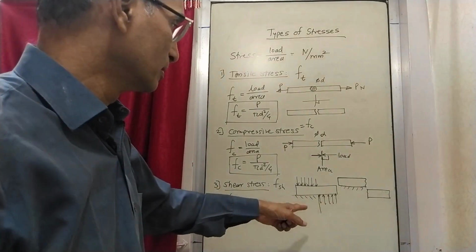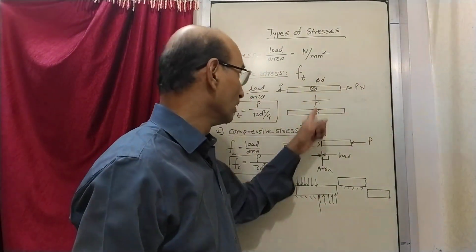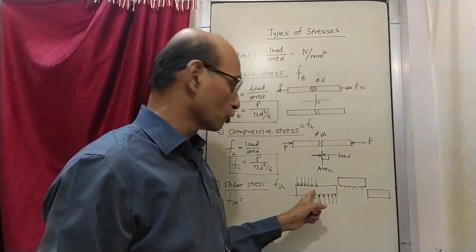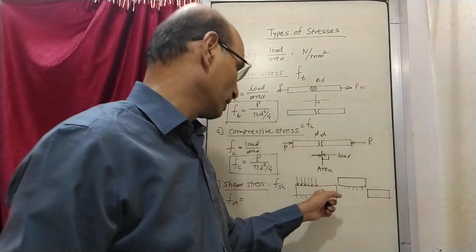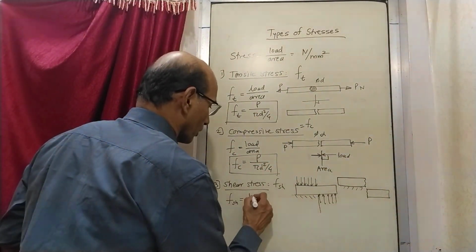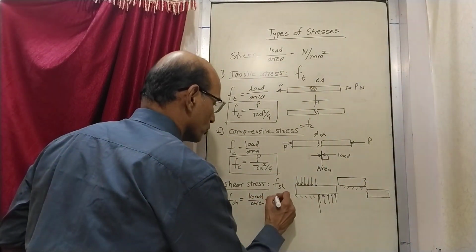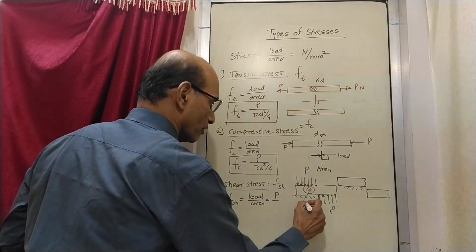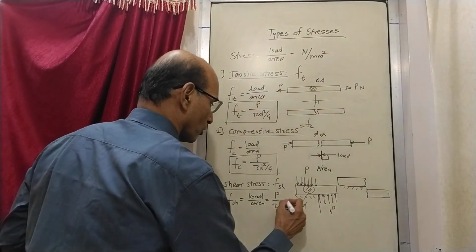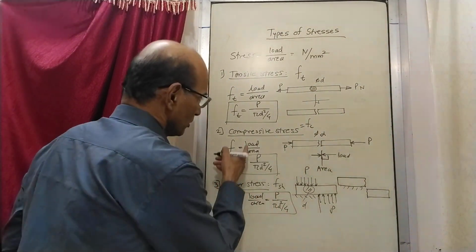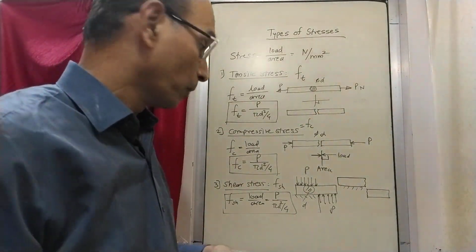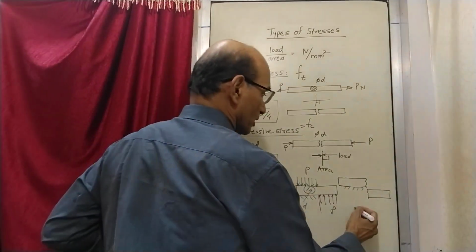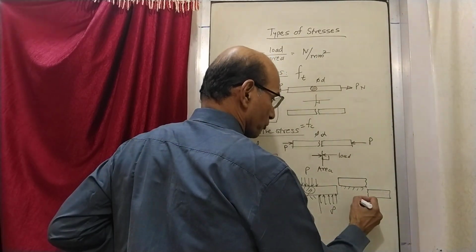So what you now see is that again the resisting area, in this case this was the area which was resisting the force, which is pi d square by 4. Here also we are calling it a cylindrical rod. So again the area is same. So the formula here will be again load upon area, which will be load is P. I am showing this as P, and then the area is pi d square by 4, which is a formula for shear stress. You might see it same, but then the area is here, and you will see here, if you draw a similar figure, then the area is like this and the force also is like this.